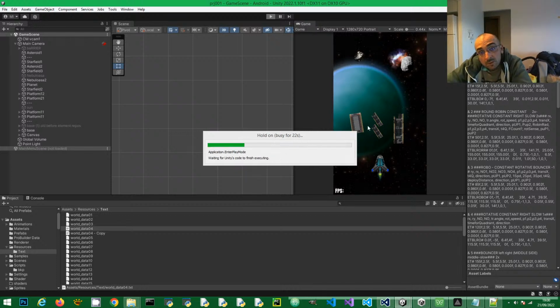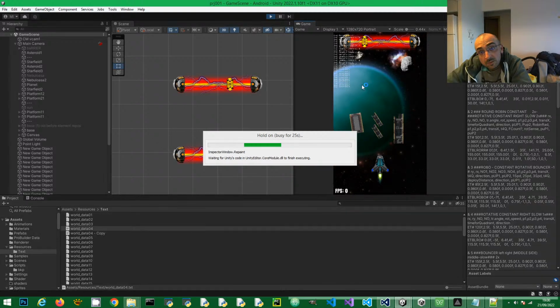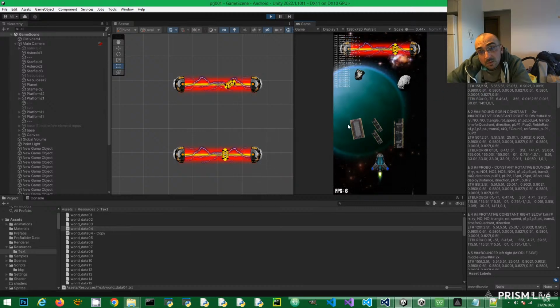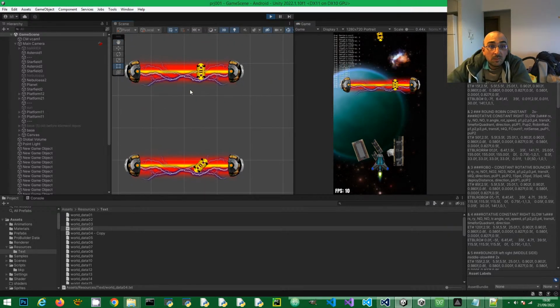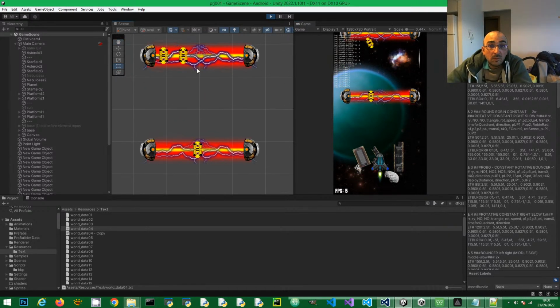They're changing their y position, the position on the y-axis, and I didn't know what was the cause for this. I mean, I never changed the position on the y-axis, but